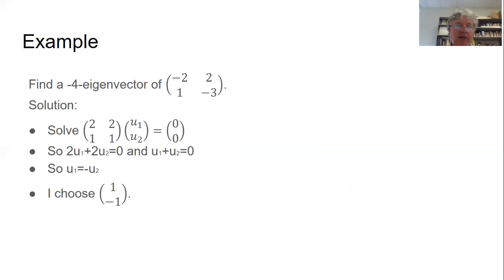For the minus 4 eigenvector, you subtract minus 4 from the main diagonal. And again, you see that the rows and the columns are dependent. So the equation we'll use is u1 plus u2 equals 0. So that means u1 equals minus u2. And so if I just let u1 be 1, then u2 is minus 1. So 1, minus 1. Other people would say minus 1, 1. Okay,